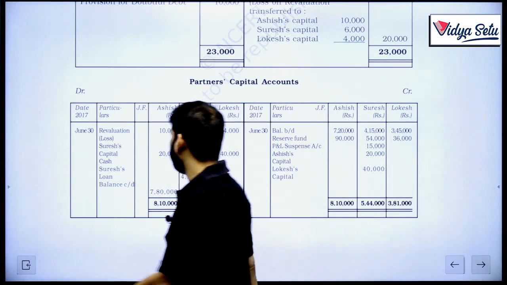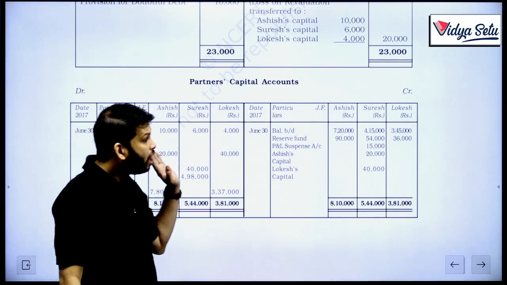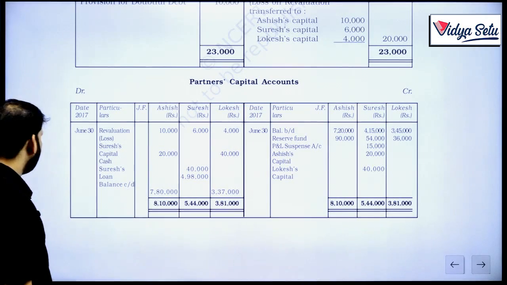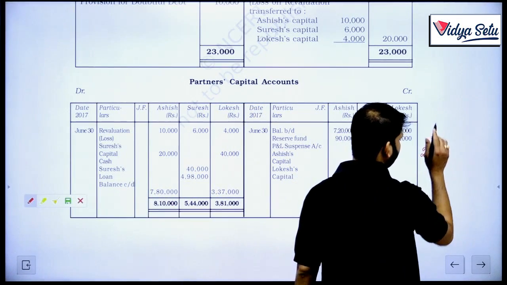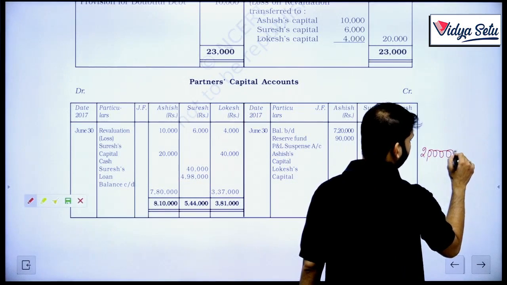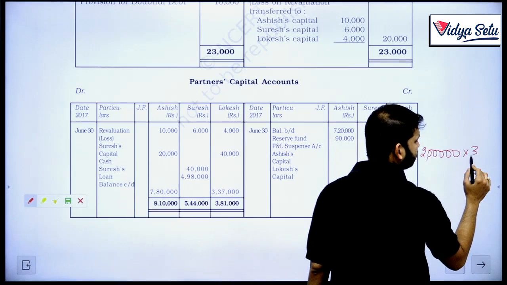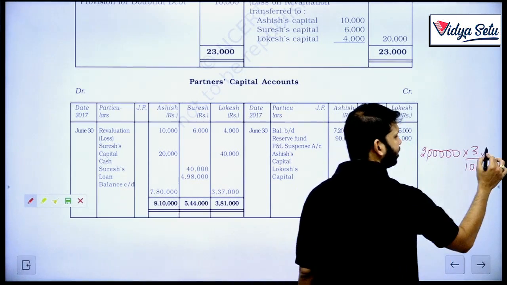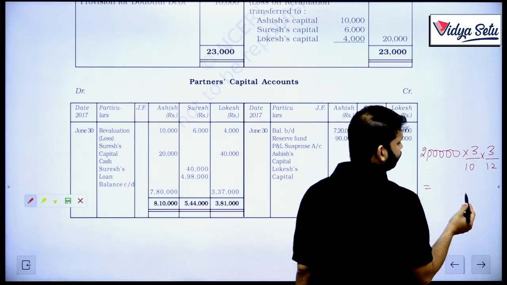Now just look at it. The revaluation loss is here. This time, how much should Suresh get? His share was the total profit of the last year, 2 lakh, multiplied by what was his share? 5:3:2, so 3 upon 10, multiplied by 3 months only, since he was there for only 3 months. So if we solve this,